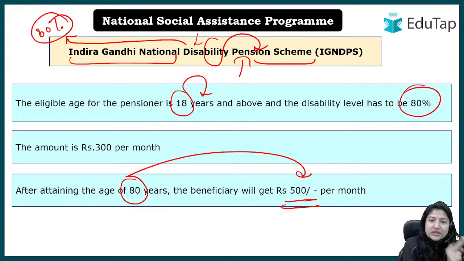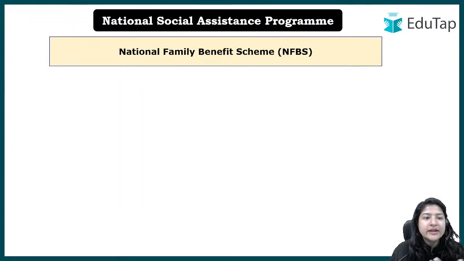However, before that, in case of old age it was 200, in case of widow it was 300, and in this case, disability, also it is 300. I hope there is no confusion. If you have, please ask me. This is live class that is going on. Shanli and Kunal has also joined. So if you have any question you can ask, but I hope everything is clear and you're not getting confused anywhere.